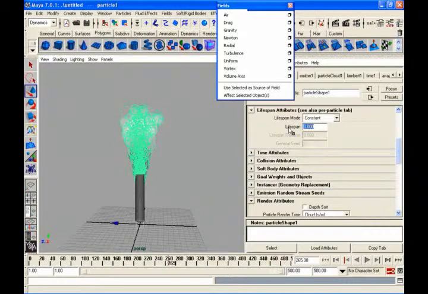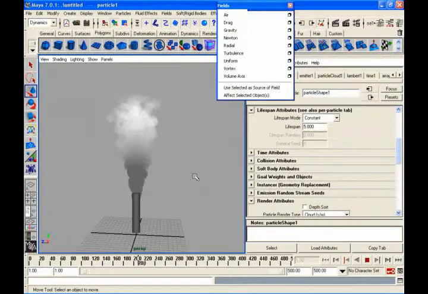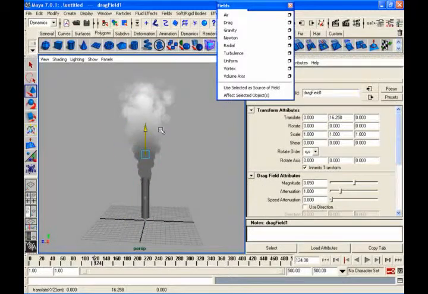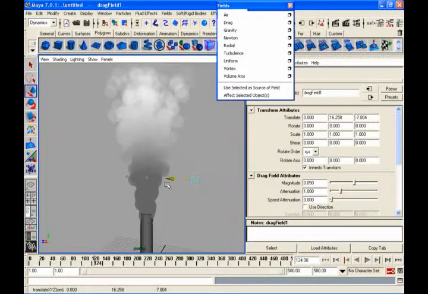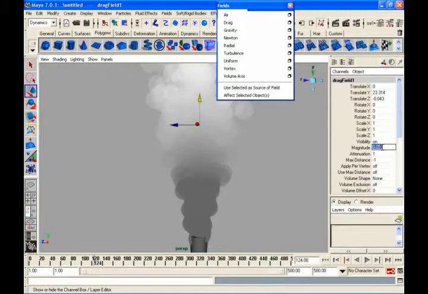See, if you observe a chimney anytime, what happens is while coming from the chimney it is a little bit fast, a little bit going up it will slow down, the smoke will slow down and spread. So to create such an effect I will be using this drag field. So select your particles and say drag. A drag field is created. So you just put it on whatever area you want to affect, from where you want to stop that, and you can go for a value like 5. If you say, see what happens, it is literally stopping it there, so I can adjust.